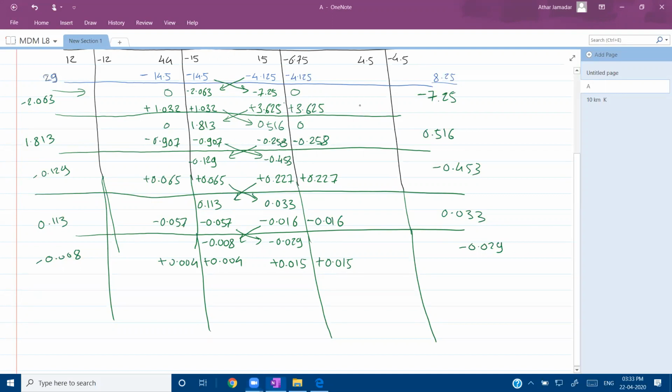So after this again we have to iterate, because at both sides correction should be 0.00 something. So for support B this correction is 0.004, but at support C correction is not 0.015, some correction is there. In next iteration we may get this. So half of this should be here, so 0.002 and here 0.008.